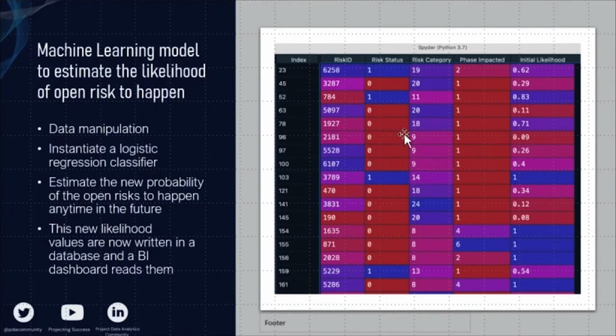We have also cleaned the data from nonce values, risks with 0% likelihood, and data quality issues. Finally, in order to have a balanced and less biased training dataset, we have sampled the same number of not occurred and occurred risks. We have therefore instantiated a machine learning logistic regression classifier, trained it with historic data, assessed